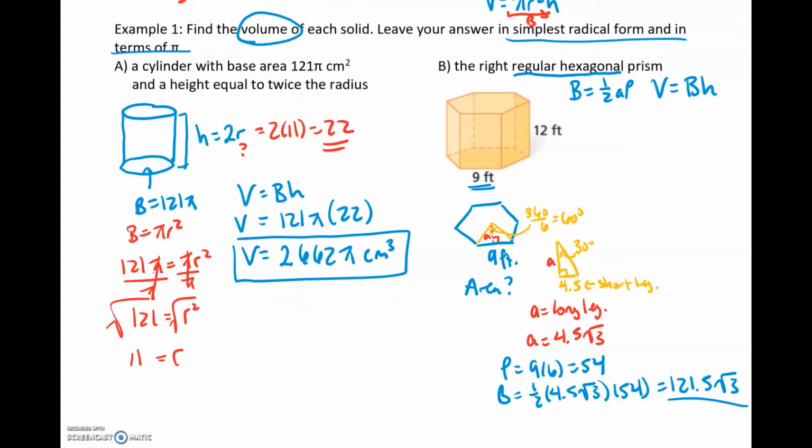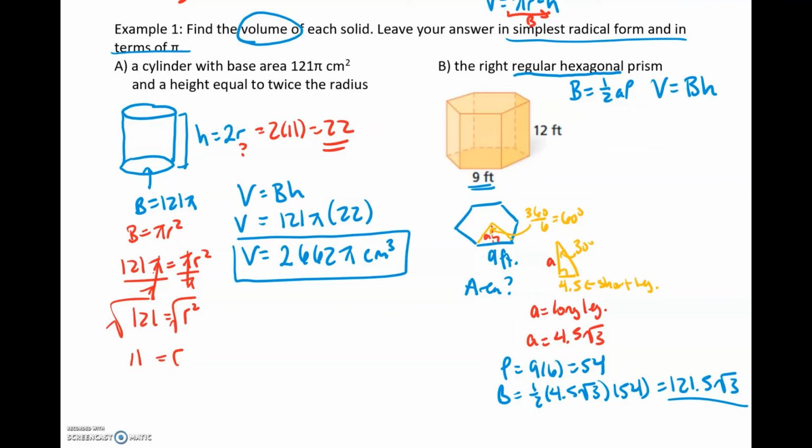All right, guys, so hopefully you see we have a 30, 60, 90 triangle. When we talked about area before, we said you could also use tangent, but remember the directions said simplest radical form. If you're doing tangent 30, you can, but then you still have to convert that into its radical. So I was thinking, why bother doing the extra work if I can just use the 30, 60, 90 triangle? Remember, your long leg, which is the apothem, is the short leg times the square root of 3. The short leg is one half the hypotenuse,